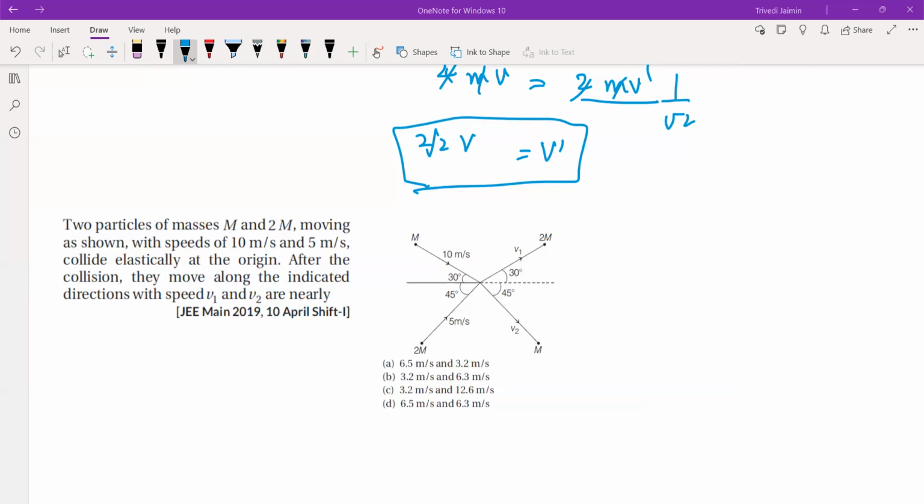Okay, then let me solve here. Enough time. First thing, you need to resolve these components. Okay. If I draw